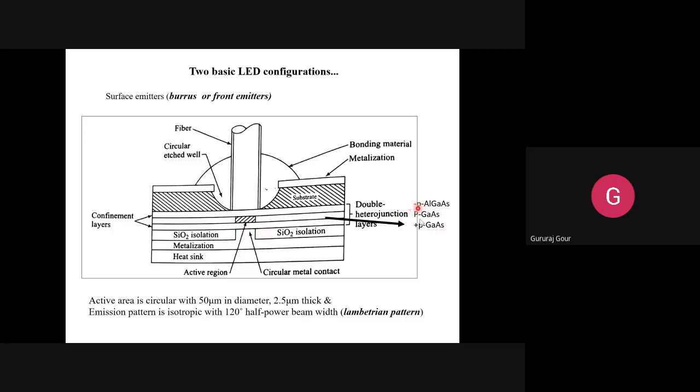The outer two layers are heavily doped compared to the middle one. They are at the edges as far as doping concentration is concerned, and they act like the cladding of your fiber. The middle layer is made up of gallium arsenide, having the